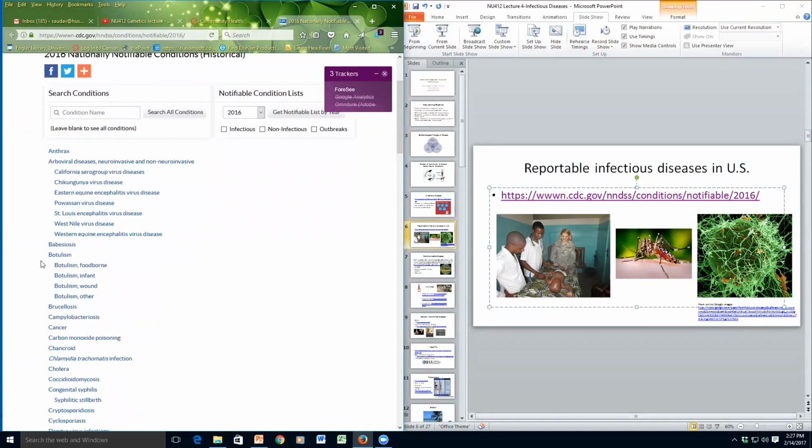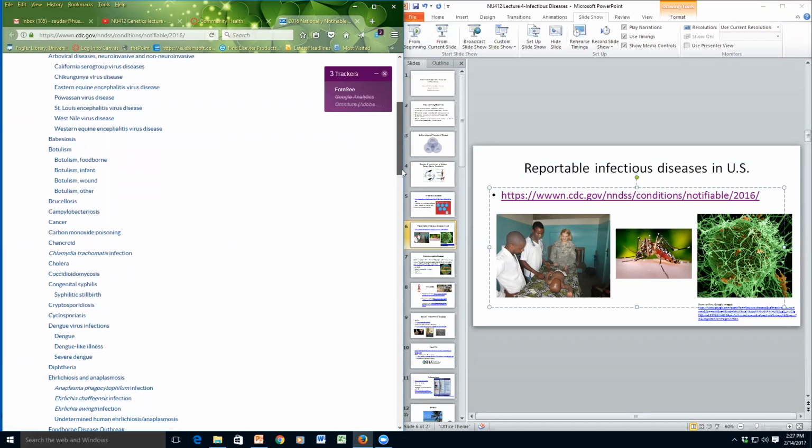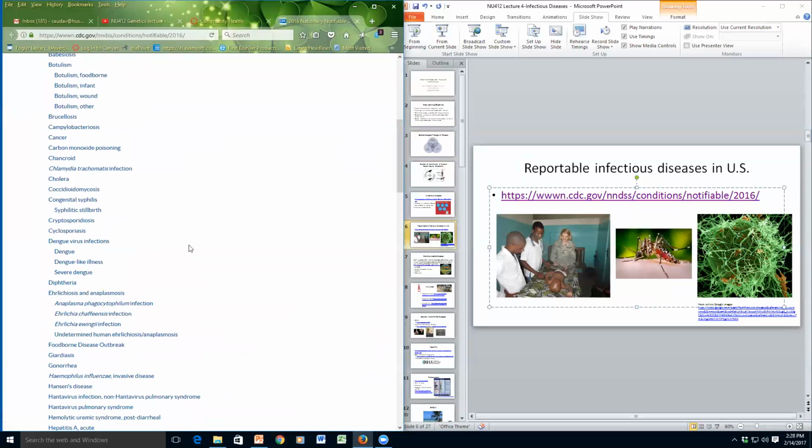Things like botulism, again, that's a foodborne illness usually, something that we would want to be aware of for food safety purposes, but also cancer, carbon monoxide poisoning, diphtheria, and some of the more rare tropical diseases we don't necessarily have here in the United States, but may come from another global environment. So dengue fever, for example,